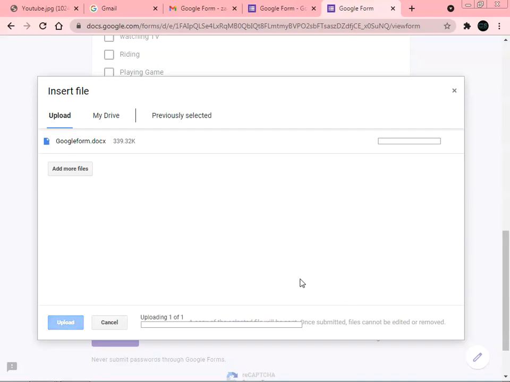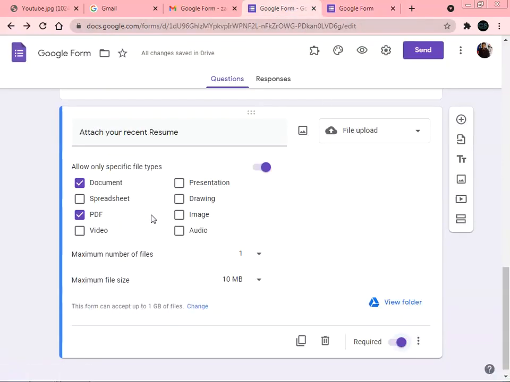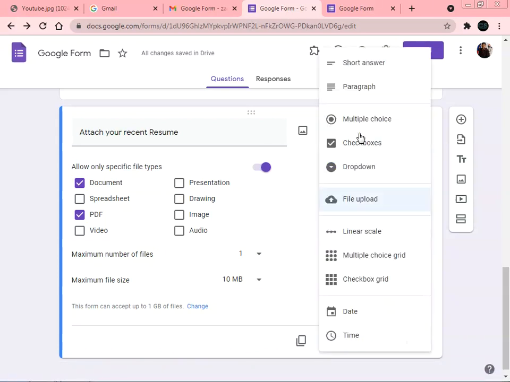So we will click on the upload option. In the bottom you will have upload one of one, means this is uploaded. This is nothing but your first file is uploaded here successfully. So this is about how to upload the file, or how the options will be given to upload the file. Just so simple we can create.